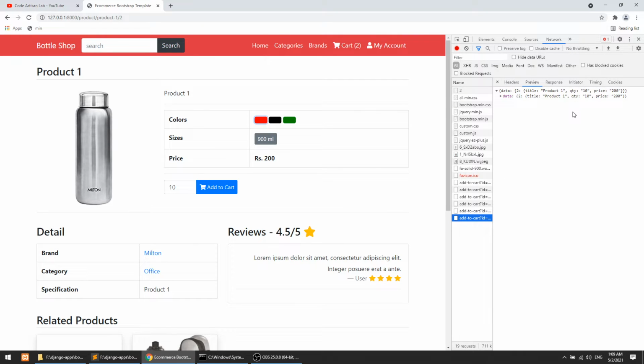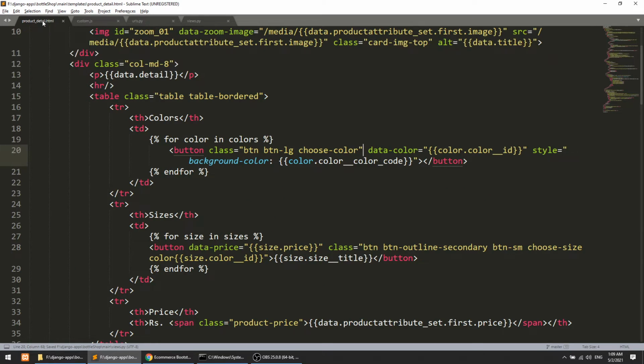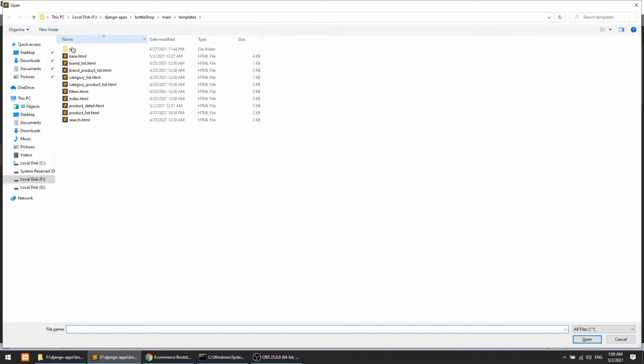So we have added the data in the cart. Now we need to show the number of products here in the header section. Our number of products is only one, so it should show one here in the header. So what we will do, we will open the